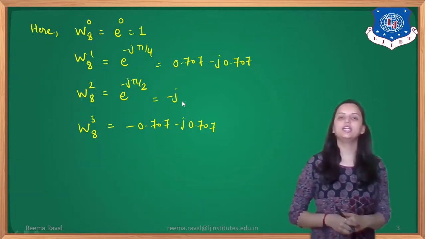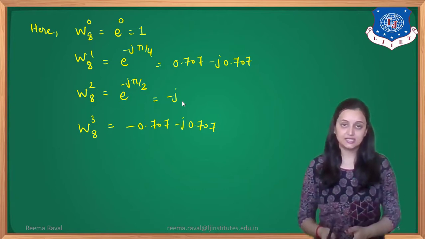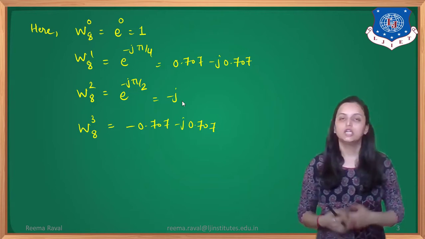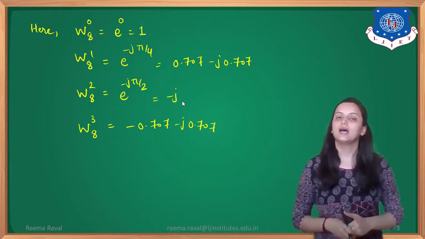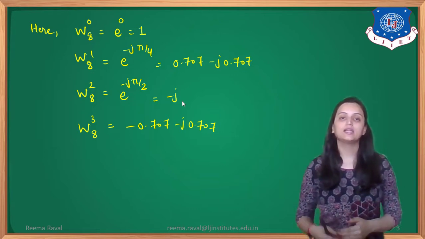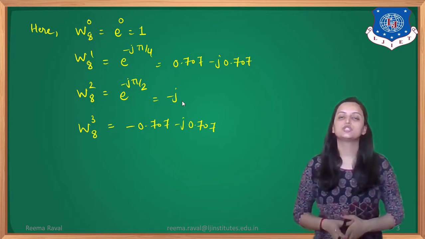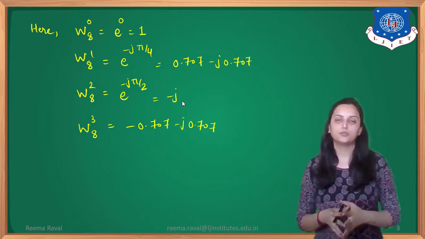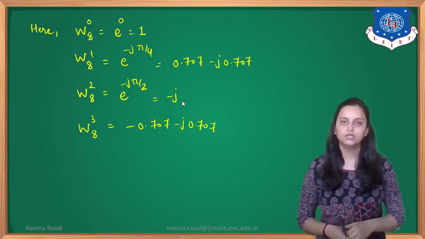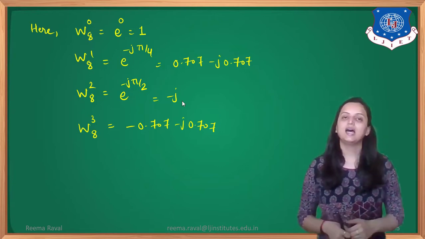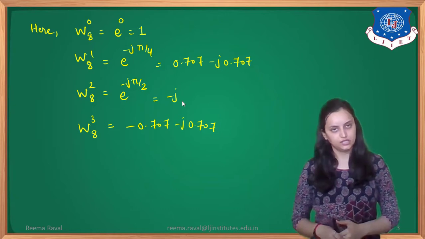For that, first of all, we need to calculate the twiddle factors over here. The twiddle factors over here are W8^0 to W8^3, which are same as those of the DIT FFT algorithm. If you calculate the values, W8^0 equals e raised to 0, the answer is 1. W8^1 is e raised to minus j pi by 4, that is cos pi by 4 minus j sin pi by 4, which equals 0.707 minus j 0.707. Next is W8^2, that equals e raised to minus j pi by 2, that equals minus j. And the last one is W8^3, that equals minus 0.707 minus j 0.707.